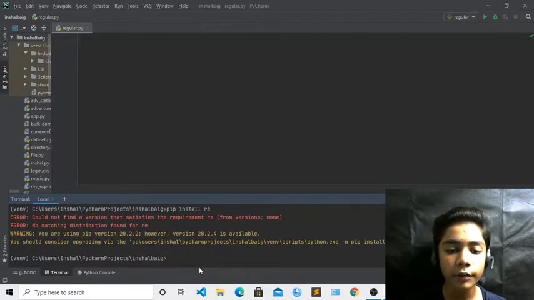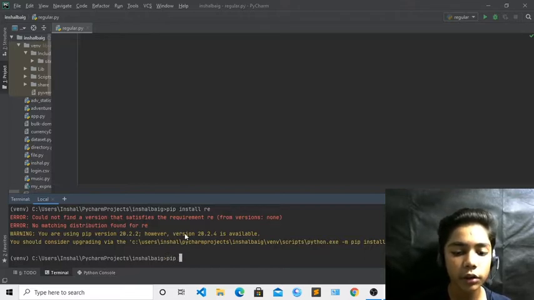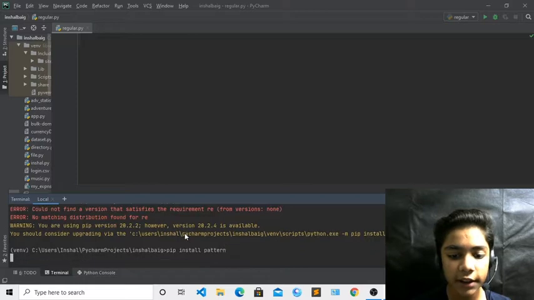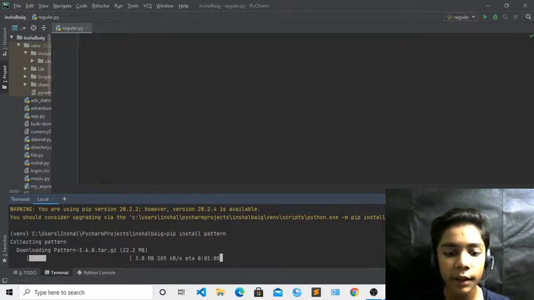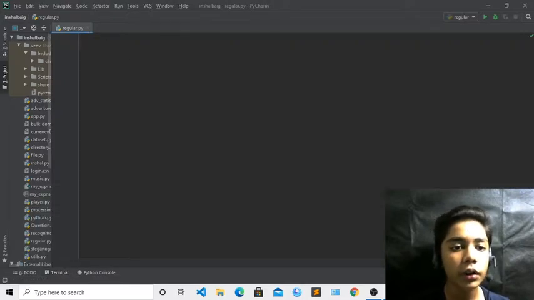When you have done all that, we will work only with this package. We will not work with any other, and we don't import another package, but we have to download another one. It is called pip install pattern. Just press enter. Now it is downloading because it is the latest version, so it can take some time. I will minimize it because it will take time, and while it is downloading we will work on it.